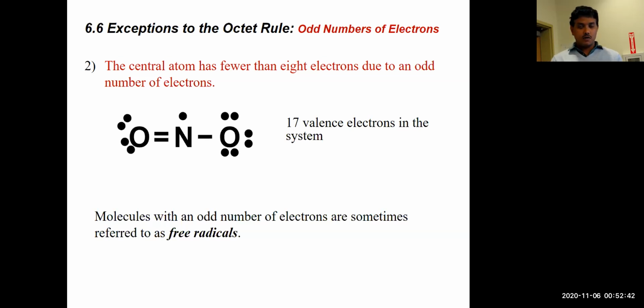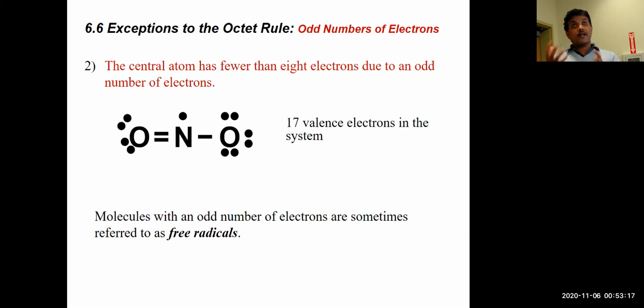So rule number two for exceptions to the octet rule is that the central atom has fewer than 8 electrons due to an odd number of electrons. It happens sometimes, not very popular, but it can still happen. We have a single electron instead of an even number of electrons. Sometimes we have a single electron as a result of chemical reactions it is exposed to. We have radical initiation chemical reactions, and they